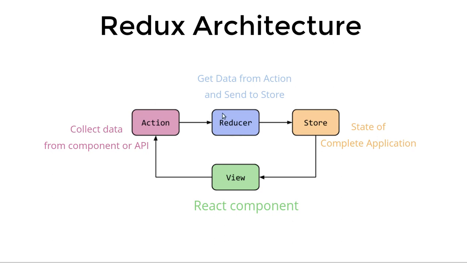And then the reducer will process the data, take the instruction from the action and store the data in the store, right? As I told you, this works like a storeroom of our home, and we can send all the data to this store. It will gather the data of our complete application. Complete application means if we have an e-commerce website, then it will save the data for overall products, search history, users, prices, filters and all kinds of data, right,